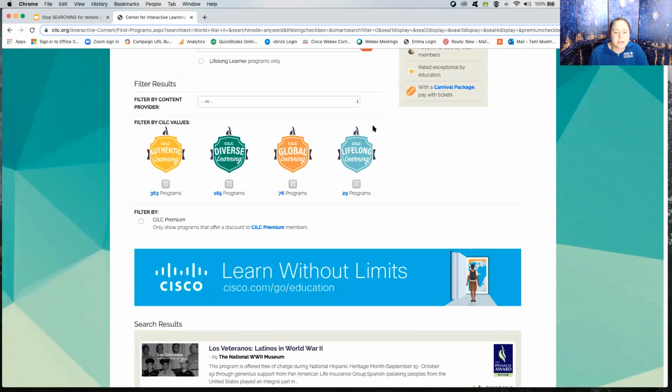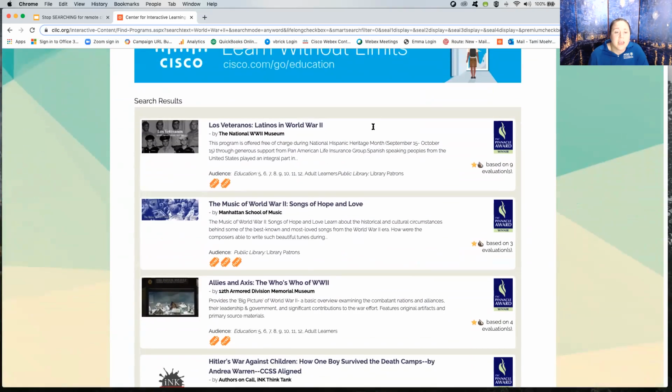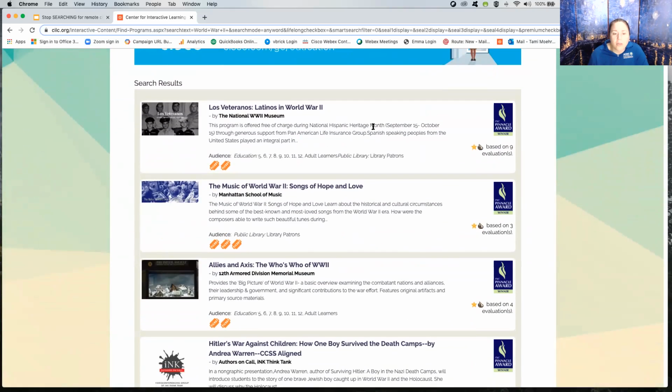It's going to do my little searching. It's kind of like Google results. And you'll right away see all the programs that we have available for our search of World War II. It's going to show you the name of the program, who the program is delivered by, a little bit of a description over here, the audience that it is targeting, and then off to the right